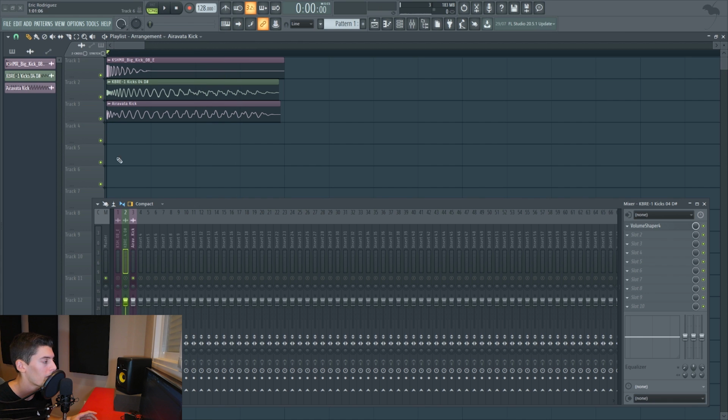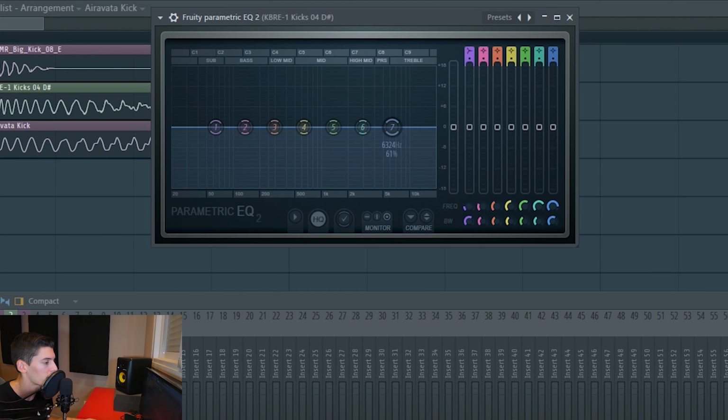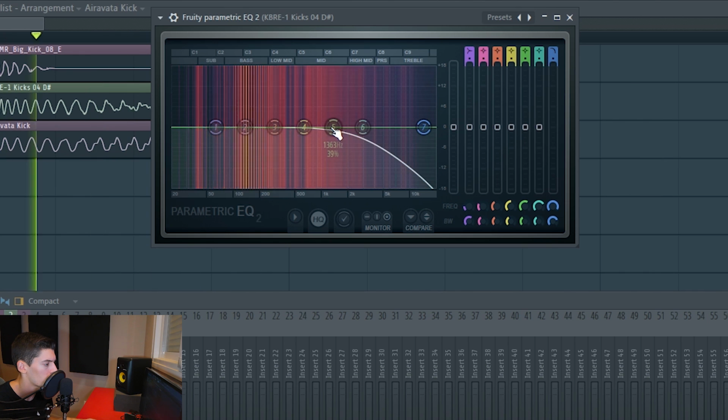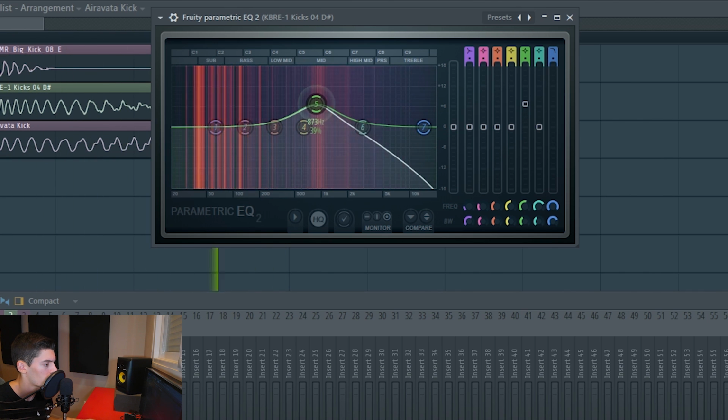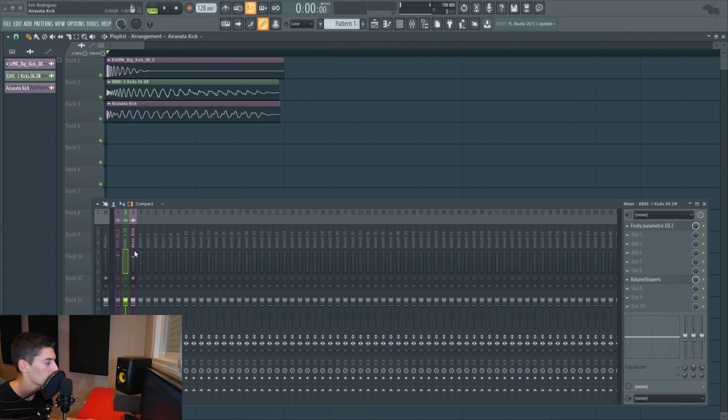And what I want to know now is which kick is gonna have the sub of the layered kick. Just check the sub bass. And I think this one is a bit more powerful and more clean. So I'm gonna keep this one. Let's try to maybe reduce a bit of the highs so we leave a space for the other one. And clean it a little bit. And now this one